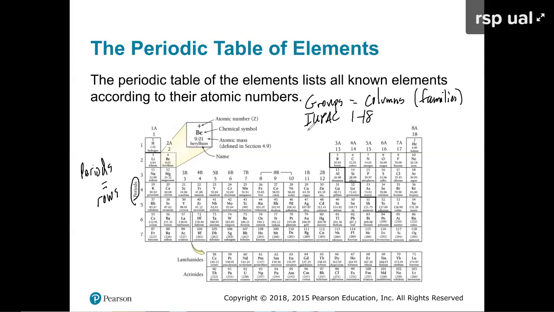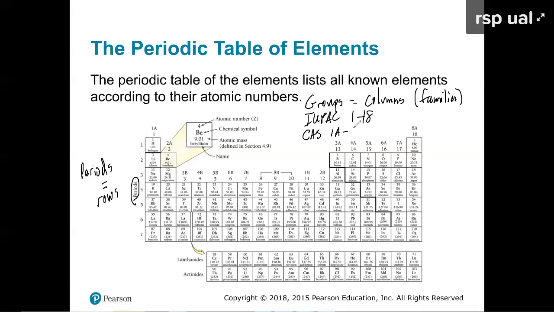There is a second numbering system. It's called the CAS numbering system. You will see it in your textbook. You'll see it in a couple of other places. I'm not going to use it terribly often, except for when it's really valuable for us to use it. But in the CAS numbering system, you have